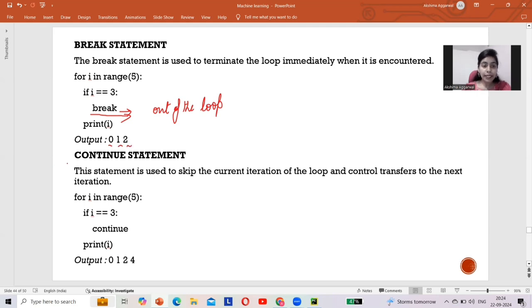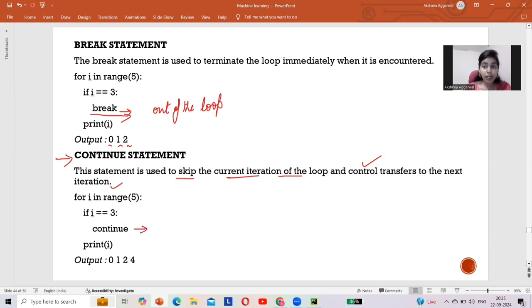Next, the continue statement. What does the continue statement do? It skips the current iteration of the loop and control transfers to the next iteration. It means it will not print that particular iteration. See, for i in range 5, if i equals 3, then continue.